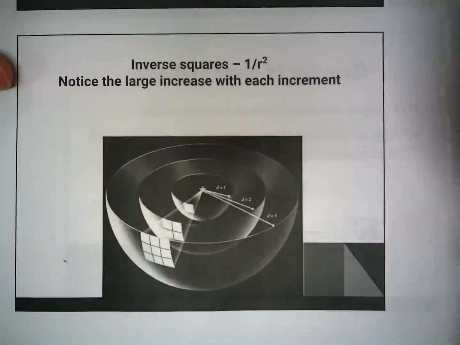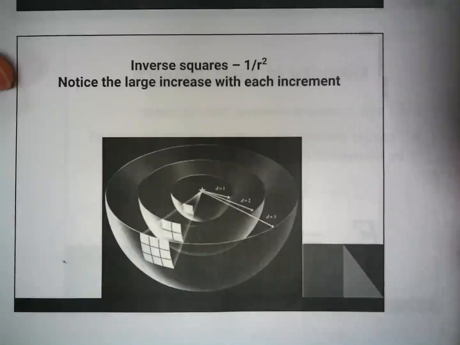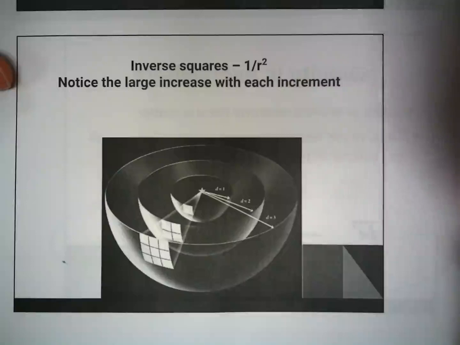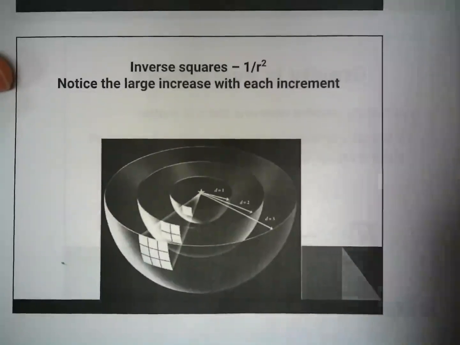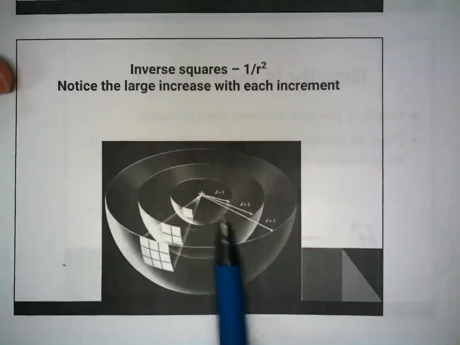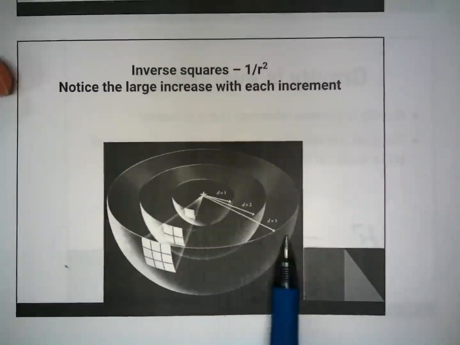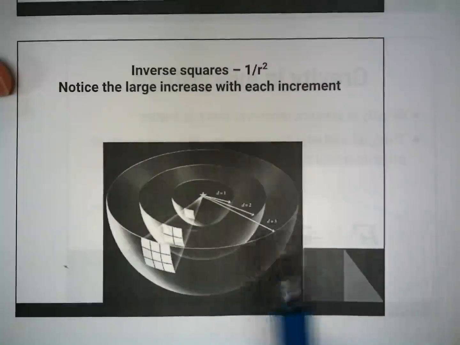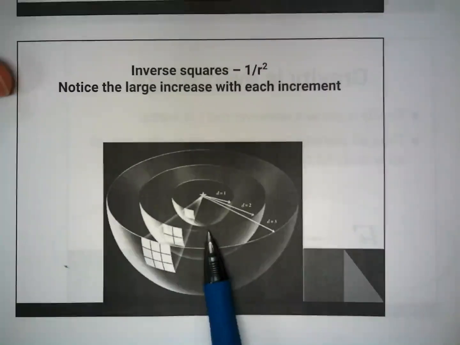On its face, it's super basic: it talks about how there is a relationship between the distance and the force that is exerted between objects. What you'll notice in this picture is that each time we double the distance, or increase it by itself,